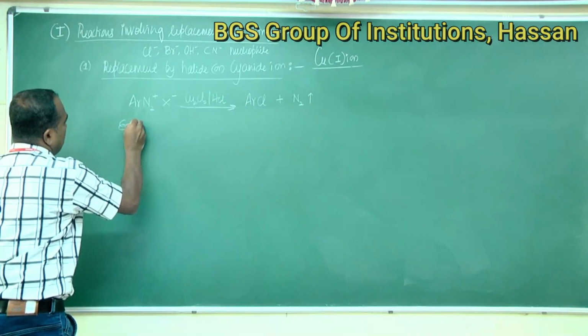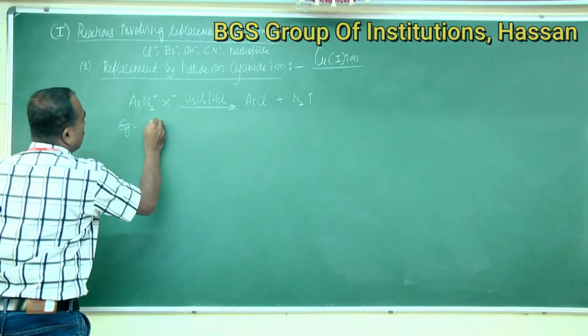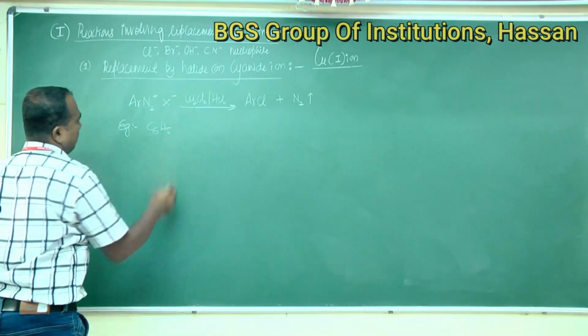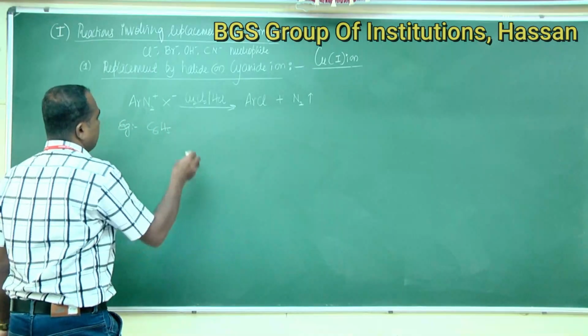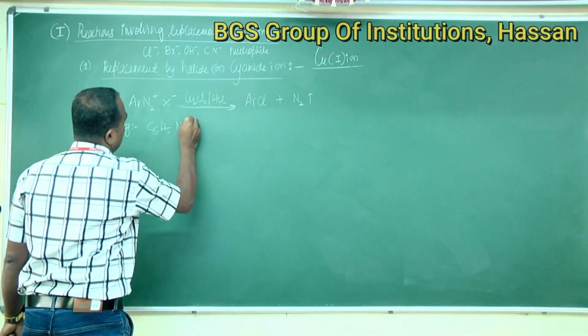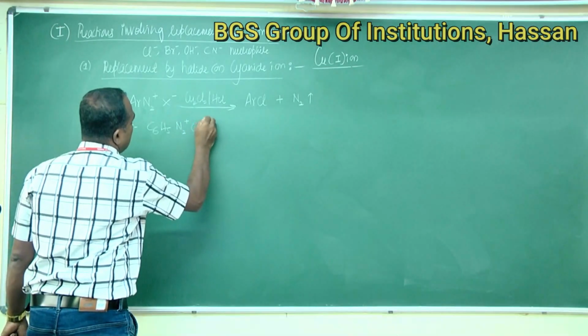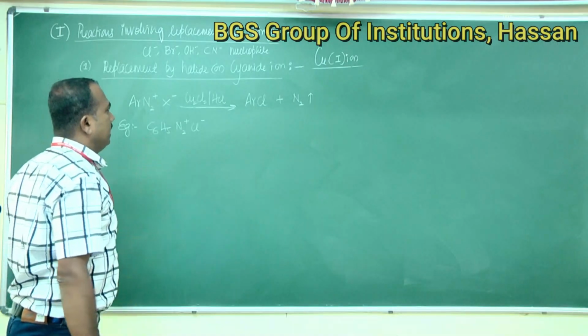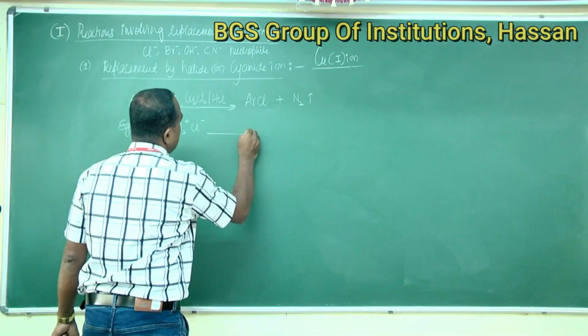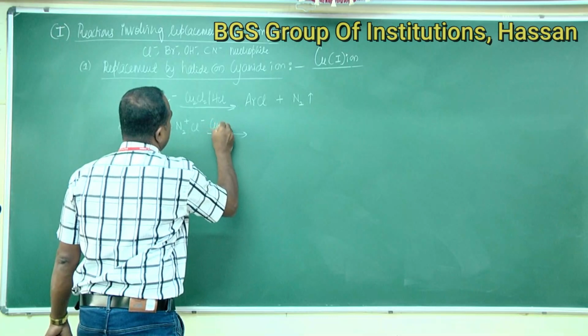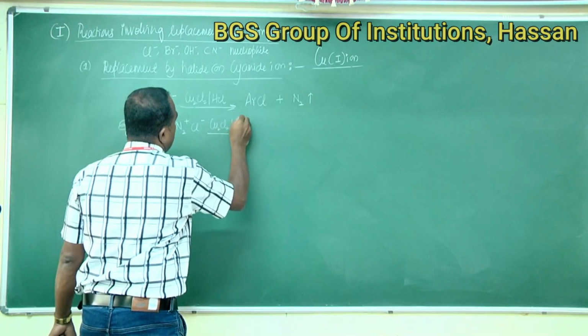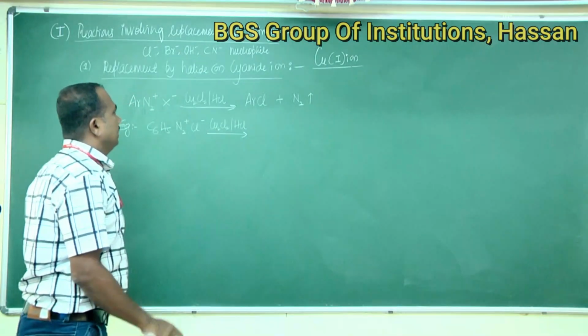Example for this reaction is C6H5N2 plus Cl minus, benzene diazonium chloride, on treating with cuprous chloride